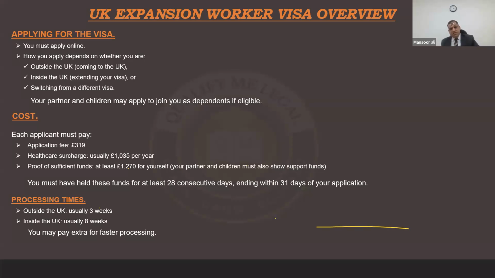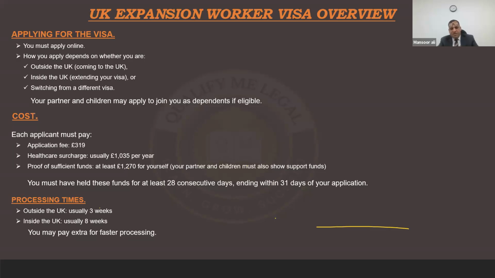As we already discussed, you need to go to the Home Office web page. You need to create an account and thereafter you'll start. But before starting, at the first stage, you need to establish an overseas company in the UK with Companies House. We have a regulator within the UK which is called Companies House. You need to establish an overseas company in the UK. And after this company has been established, that company is going to sponsor your senior employee, and thereafter you can send your senior employee to the UK.